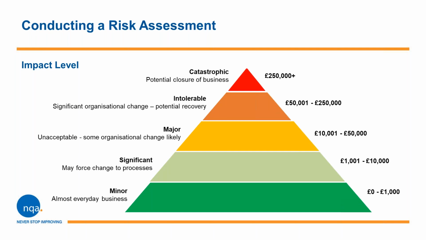The columns and the numbers on the right of the chart there are by no means illustrative or an example or a handrail. It just gives you a quick overview of what may be catastrophic or major or minor, for example. The numbers, again, are arguably subjective and will change from business to business and organization to organization. As long as you've considered what the impact is and then make it applicable to your business, and make it sellable to top management. That's the main thing.